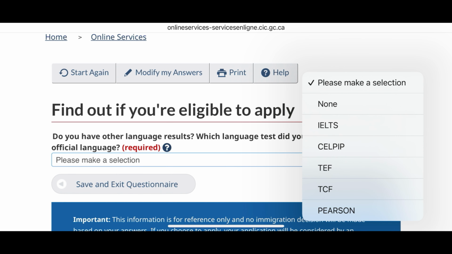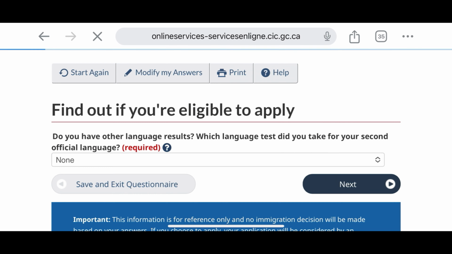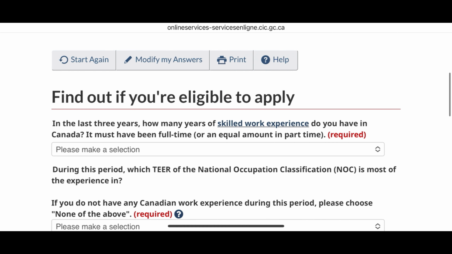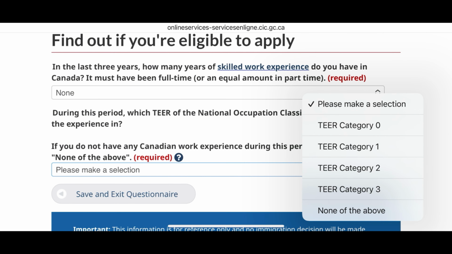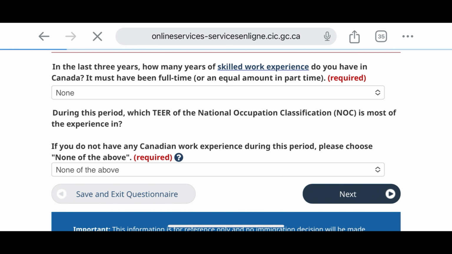Then if you have other languages here as well, you select. So if you have French, you select TEF or TCF, or depending on whatever the other language you have, click on next as well. And then it's saying, okay, in the last 3 years, do you have any Canadian work experience? So if you had any Canadian work experience at all, you put it here. It has to be an equal amount if part-time, but it has to be full-time and all. And then you select the NOC code that it applies to, which is the second one. If you don't have any work experience, just click none of the above, and then you move to the next